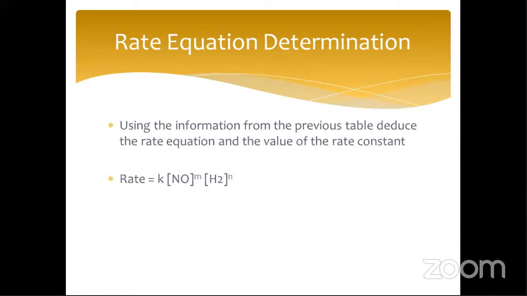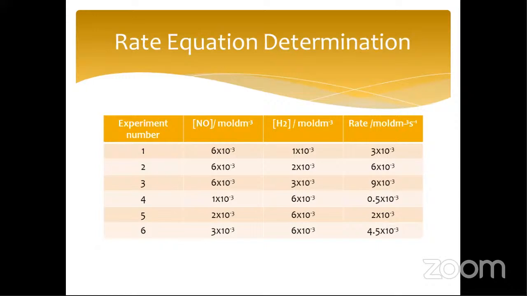All right. So I'm going back now to my table. So we are trying to come up with the rate equation, and then we are going to also look at deducing the value for our rate constant. All right. Now, in our objectives, we spoke about zero order, first order, and second order reactions. And we want to look at what is zero order, what does zero order mean, what does first order mean, what does second order mean. All right. So for a zero order reaction,